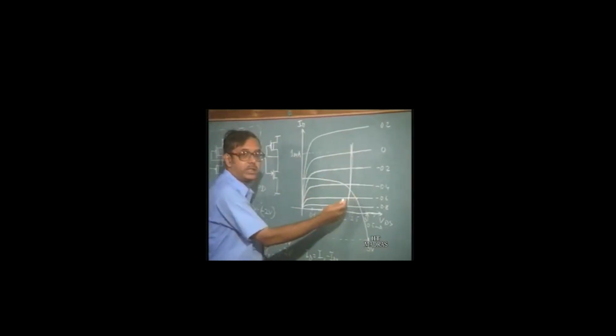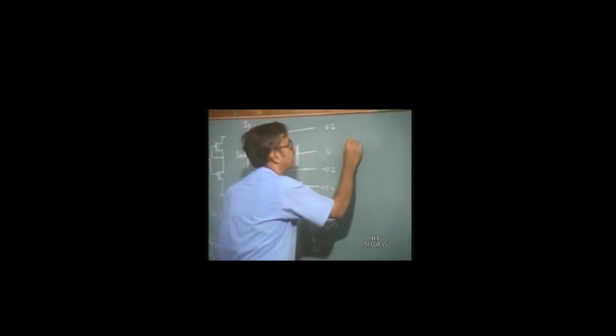So, the output voltage cannot exceed this value. So, the output voltage is also always going to be limited by this value here. Okay. Now, after having drawn this, we can now find out the input output characteristics. Now, let us